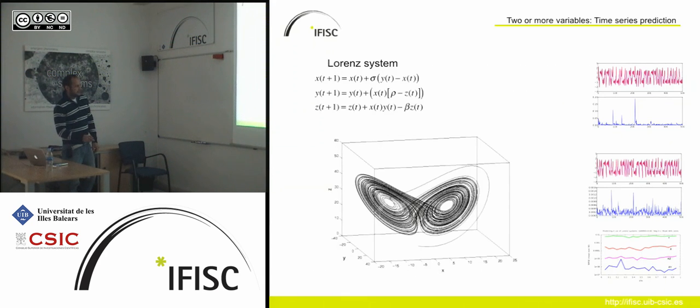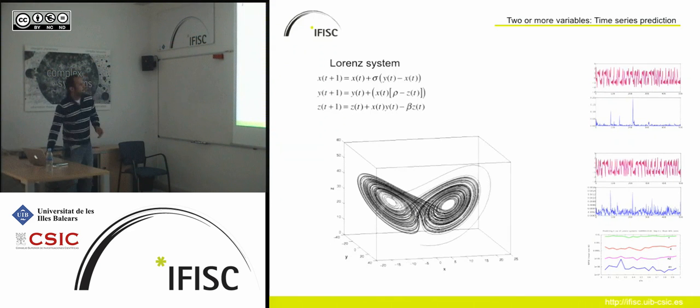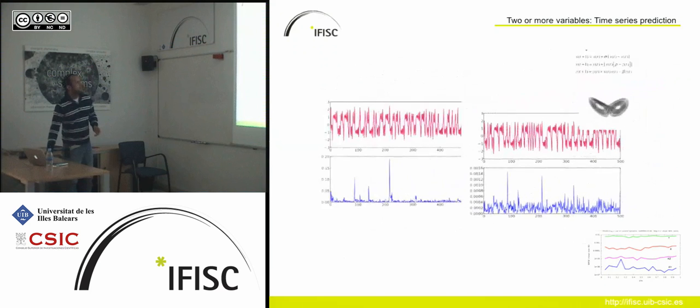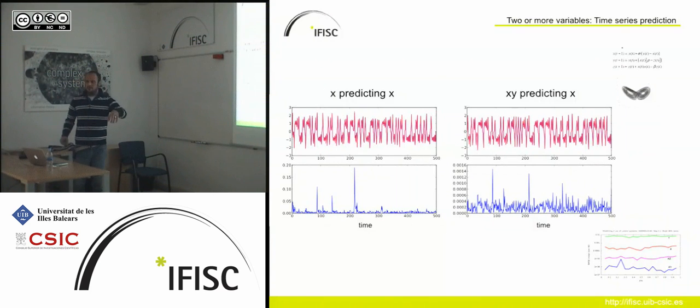That's described here. It has this kind of attractor. What we are doing here is trying to predict a chaotic time series of one of these variables. Actually, we're trying to predict x using different variables. Let me say this better. What we do is the following. We put into the reservoir one part of the x time series, and we train with that one. After that, we make an evaluation, which is to predict a similar time series. Not exactly the same, but a time series that continues after that.